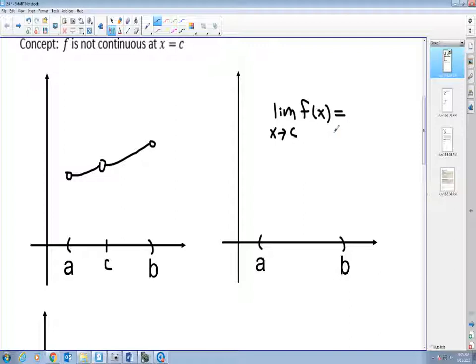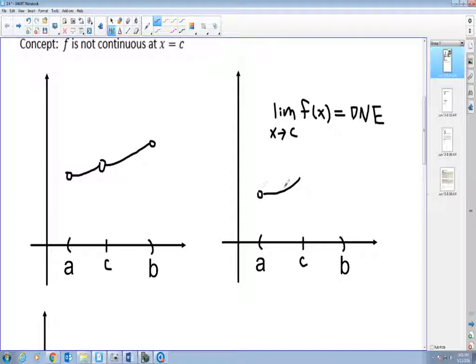The limit of the function as x approaches c does not exist. It's not continuous because in an open interval a to b there exists a number c where my function